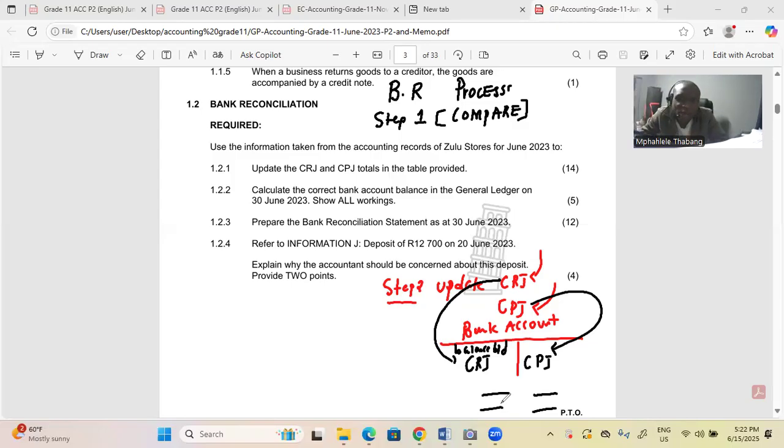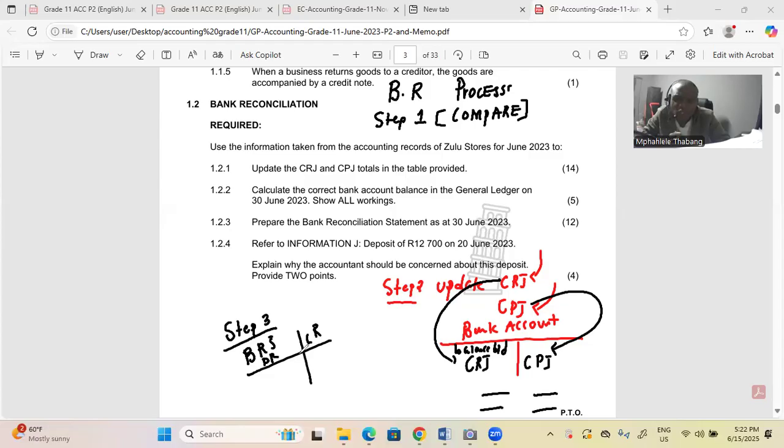Okay, in step number 3 of this bank reconciliation process, it's where we prepare the bank reconciliation statement. Let's say we have the debit side and we have the credit side. And guys,